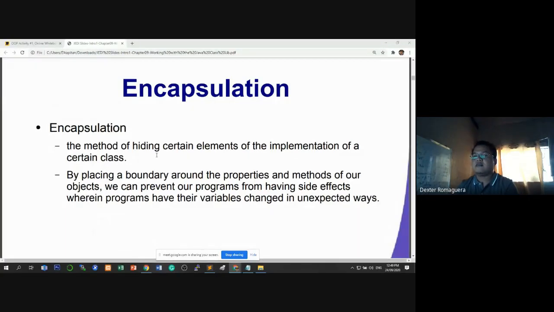Basically once na declare nimo siya as private, later mag-conduct ra magitag session ana for the encapsulation nga topic. Okay? So by placing a boundary,